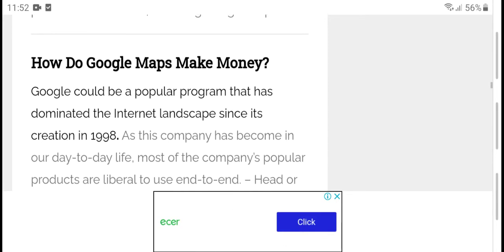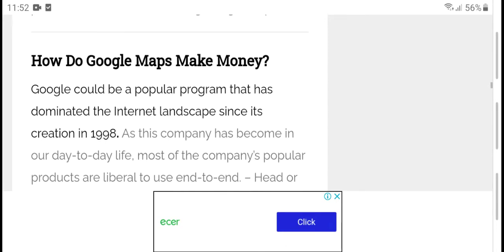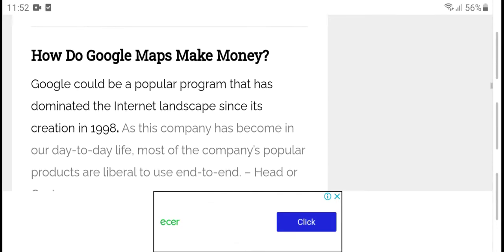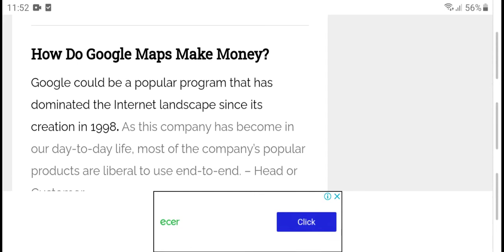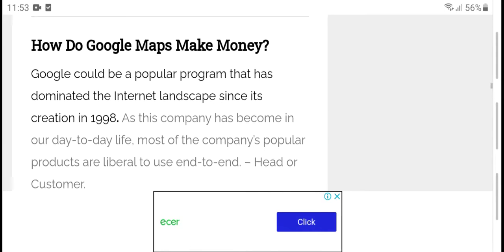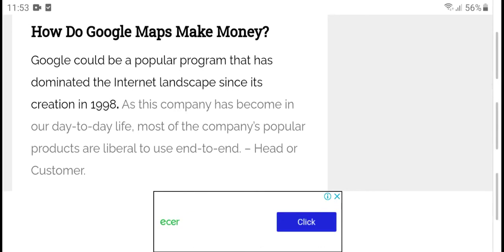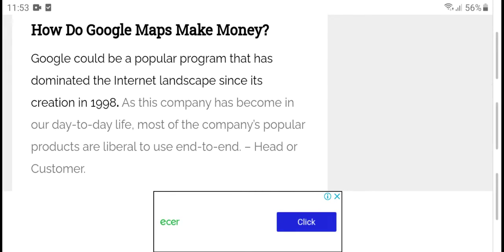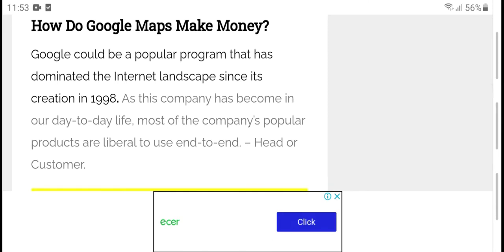Google is a popular company that has dominated the internet landscape since its creation in 1998. It is part of day-to-day life, and its most popular products are easy to use and loved by customers.